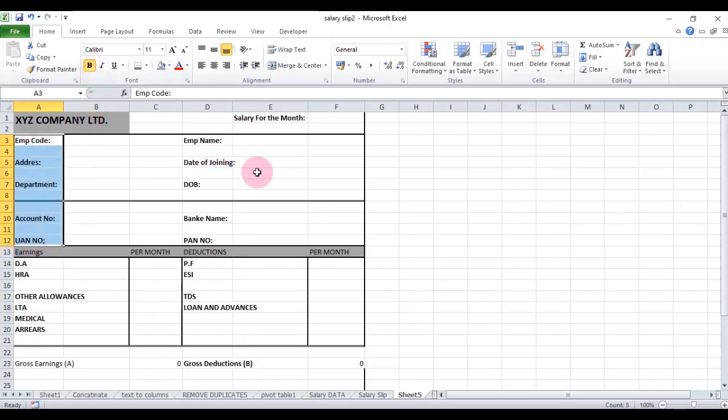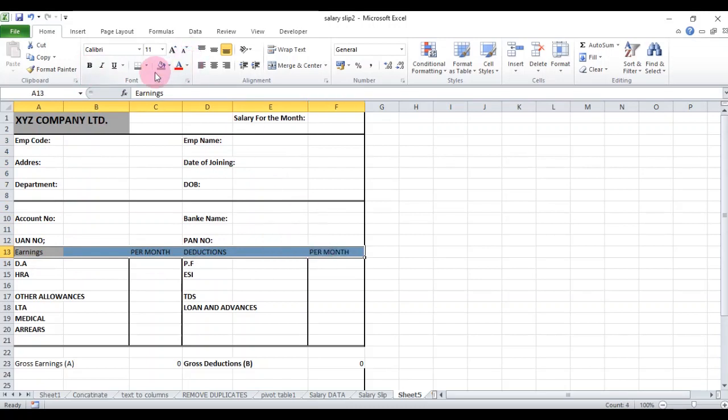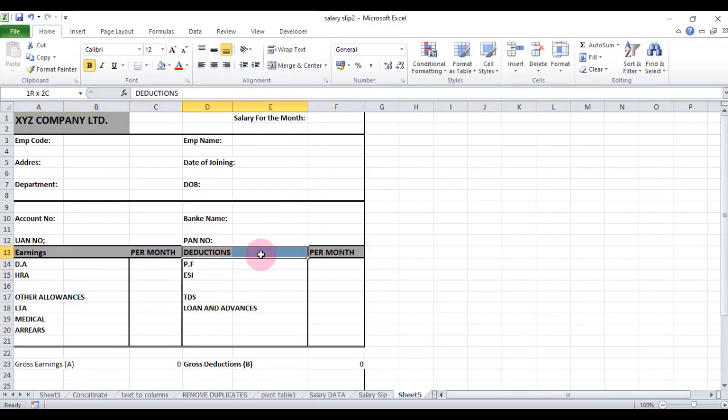You can also increase the size of these headings, bold, size, center. You can merge this cell, also merge these cells.